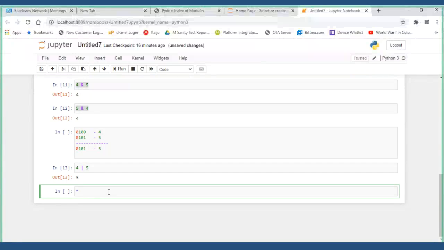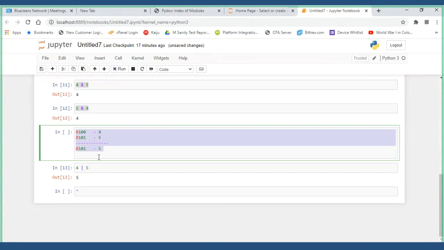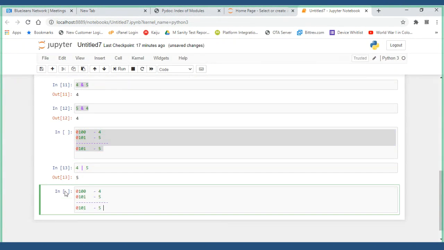Now, when we are going to get XOR, that is one more important point. Just remember, if both bits are different, then you will get 1. If both bits are the same, then you will get 0. So, for XOR, let's take it.